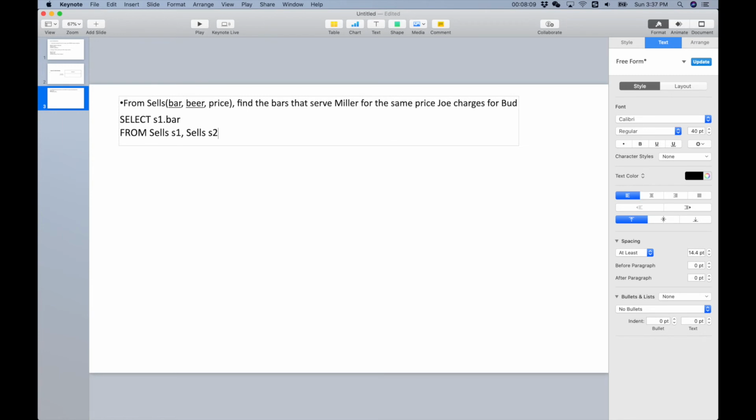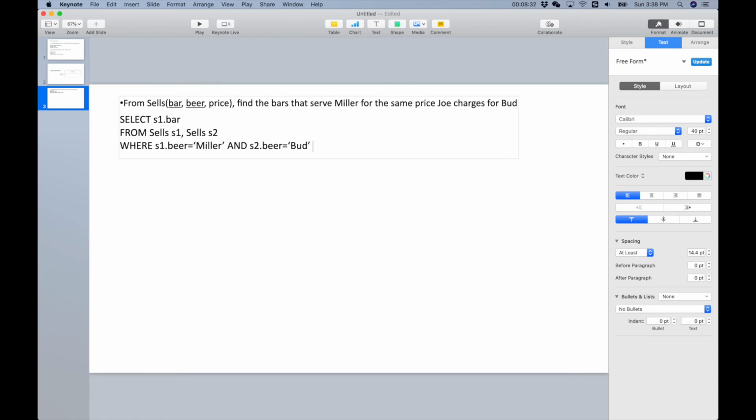We use this same table multiple times. Where s1.beer equals Miller, and s2.beer equals what? Equals Bud,